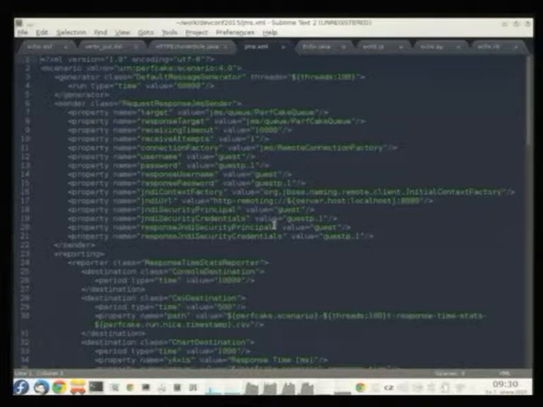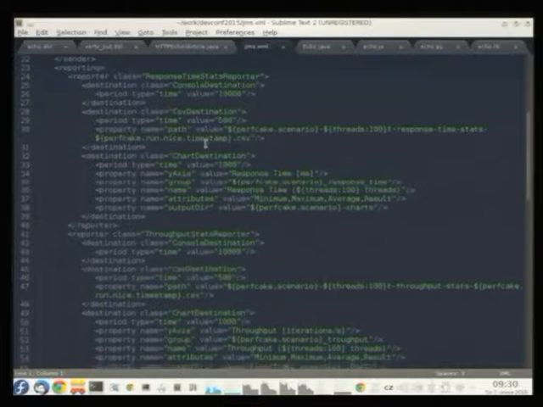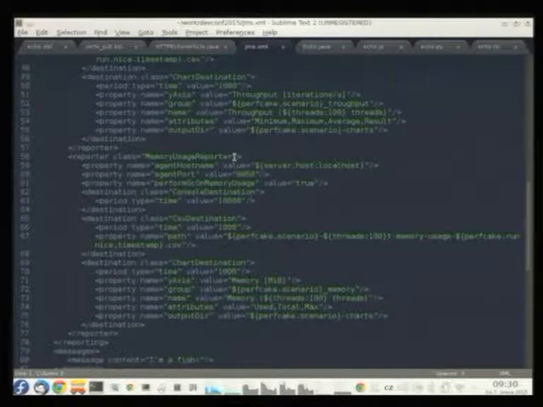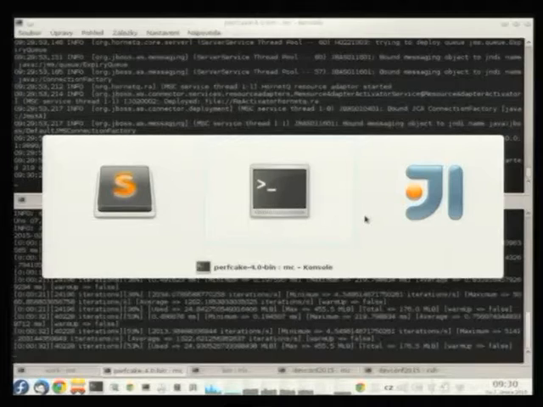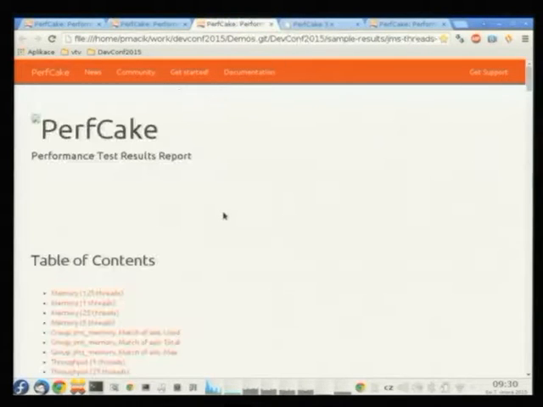JMS has simply more configuration parameters. If you scroll down, the reporting is basically the same: throughput, response time reporting, charts, and memory usage reporter. This is quite complex. You can have a look at that later on GitHub to get the idea how a complex scenario can be created.